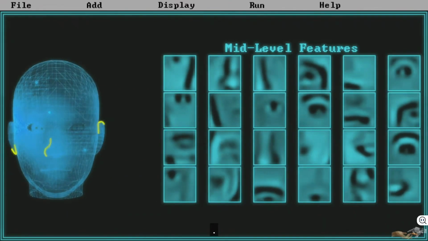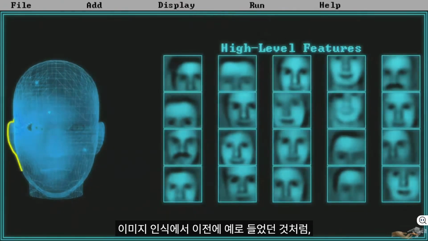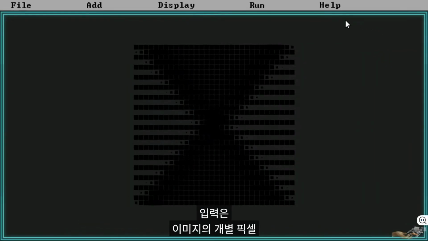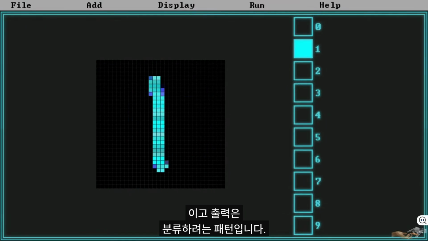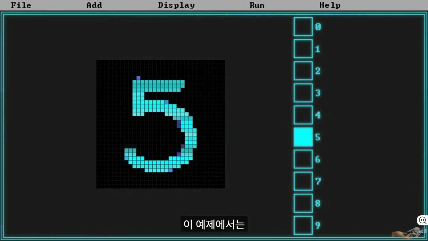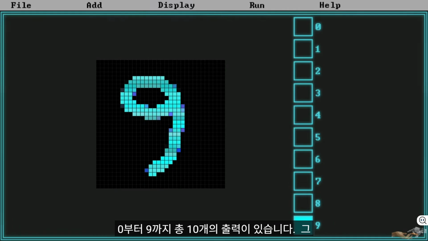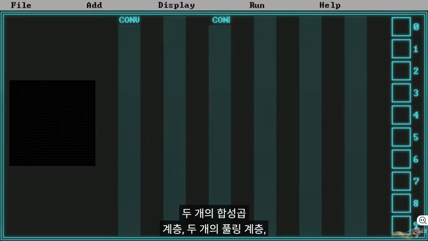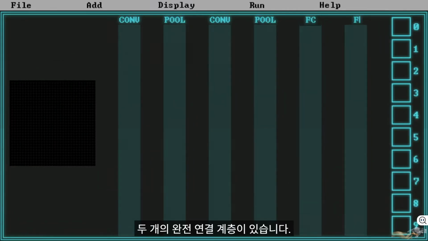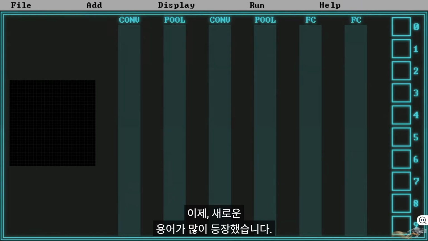Before we delve into why and how this happens, let's first set up a structure for the network we will be using. As with our previous example in image recognition, the input will be the individual pixels of our image, and the output the patterns we are trying to classify. In this example's case, we have 10 outputs, numbers 0 to 9. For the layers in between, we will have 2 convolutional layers, 2 pooling layers, and 2 fully connected layers. Now that was a lot of new terminology thrown around, so let's break it down layer by layer, starting with